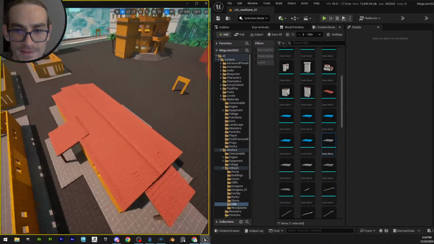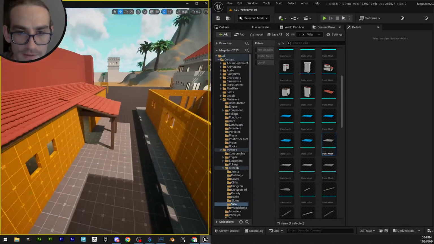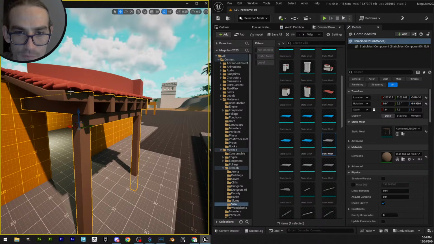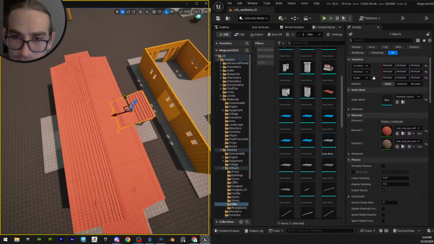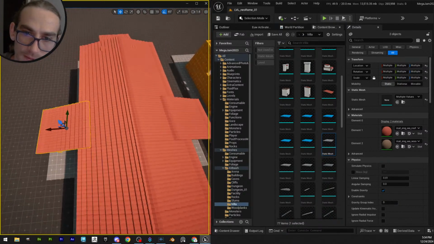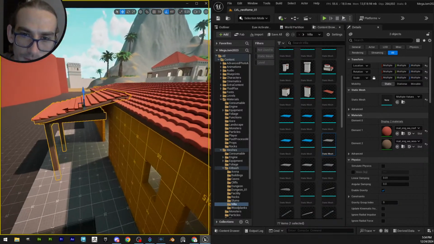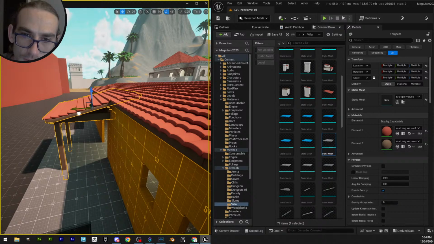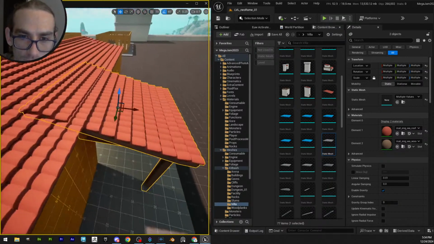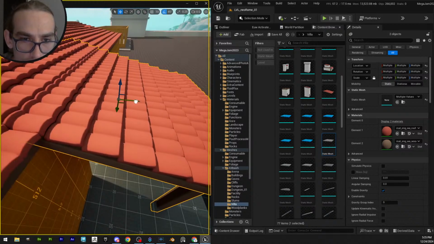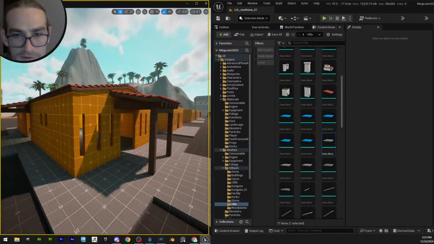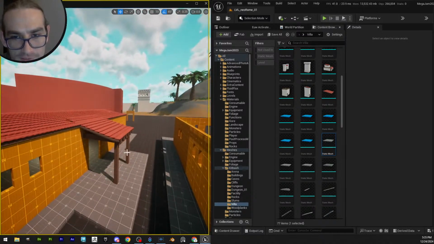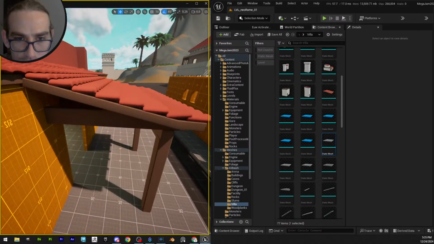The problem is that these are supposed to be more high class buildings, and they're starting to look a little bit more common, something that you might see in a farm or something, which are still very nice kind of buildings, but